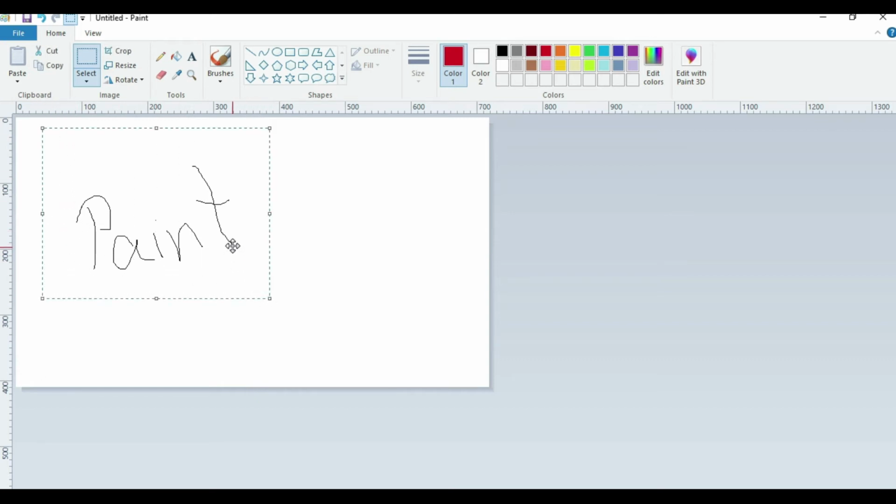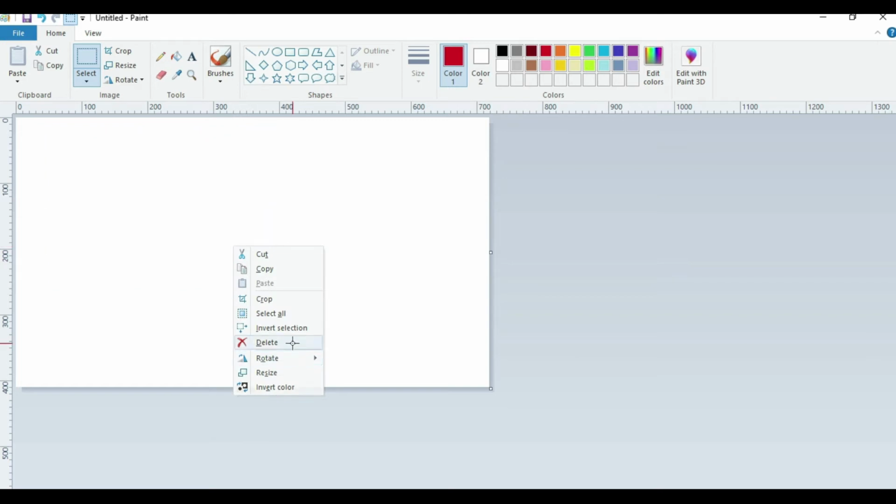You select and right click, delete. You can also use the delete key from your keyboard. Then the next thing is